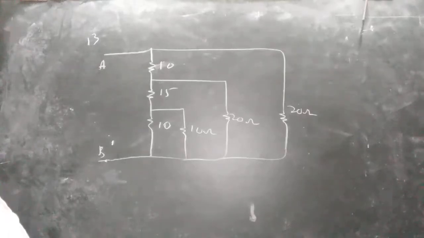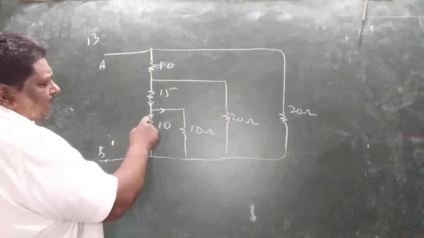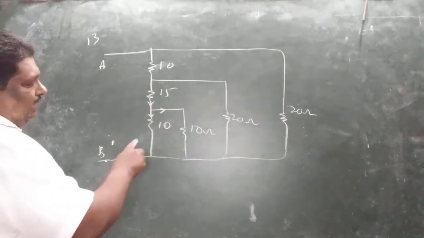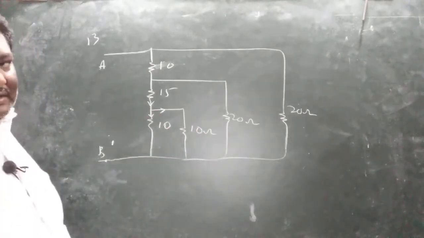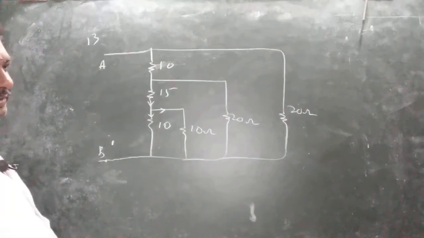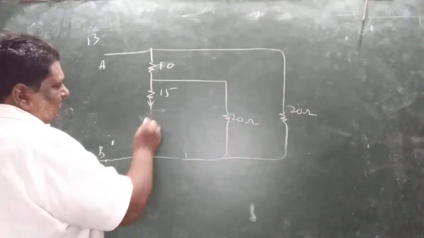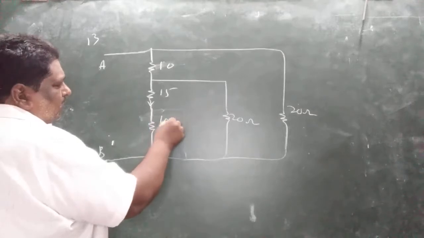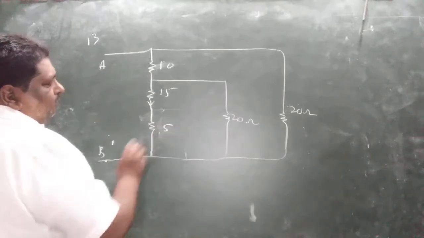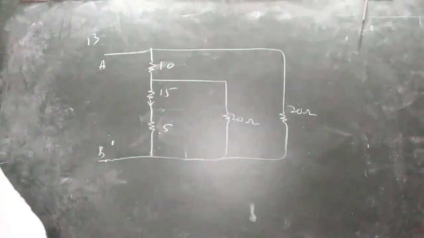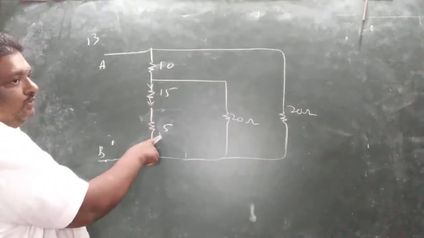Look at this very closely. See, these two are parallel. Current passing here is divided into two, a simple circuit. That's why first solve these two. 10 and 10 are in parallel. What is the equivalent? Half of one of the values. I told you, 10 into 10 by 10 plus 10, write these two as one resistor. This is nothing but 5. Again see here, the current passes into the same arm, so 15 plus 5 is 20.